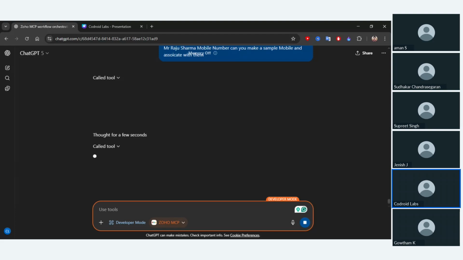Those calculations will happen over the ChatGPT platform. I think it takes 2 or 3 minutes to go through the whole process.